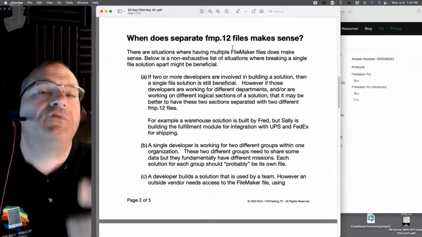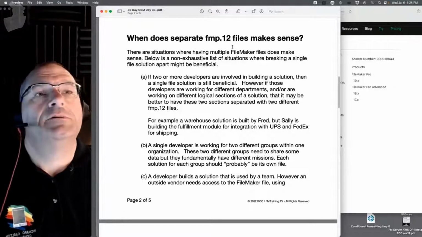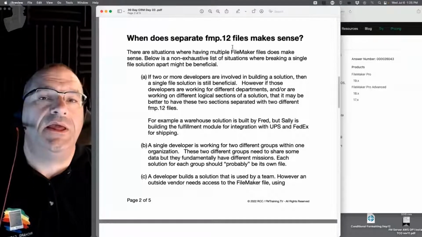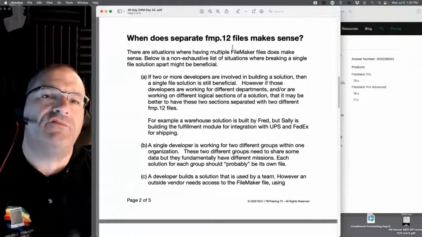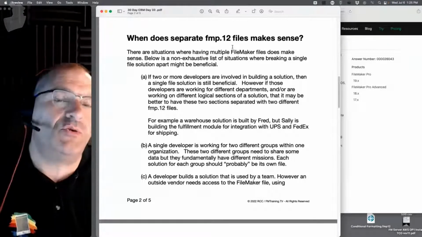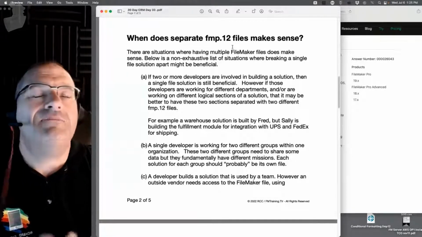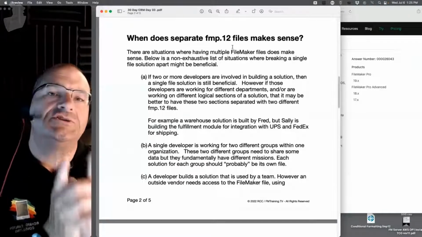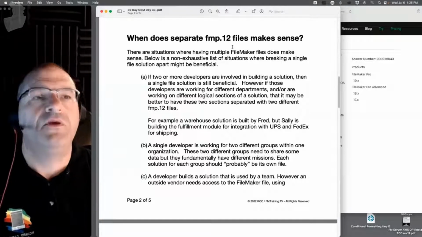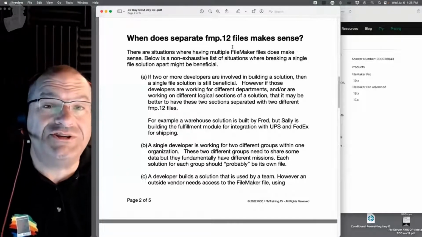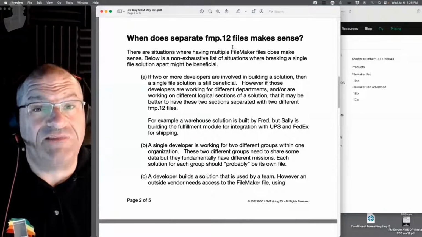You have two different departments with the same developer. Maybe the files are together in one solution. If their jobs are very, very similar between the departments, then maybe just one single solution for both groups is useful, and maybe have a different layout to support the different groups. But if the groups really have a different mission, if they have different budgets, they have different